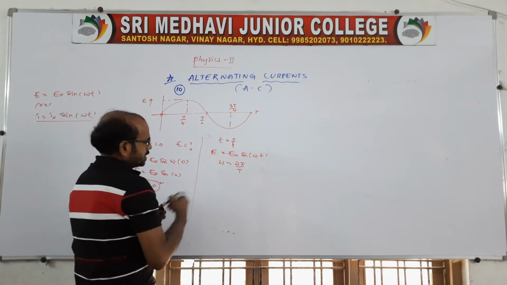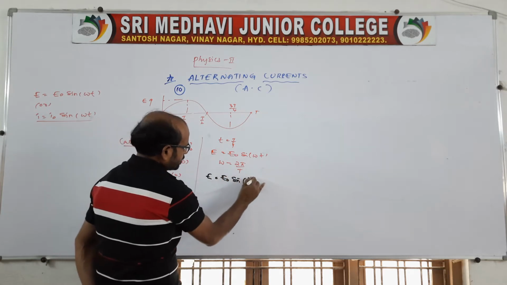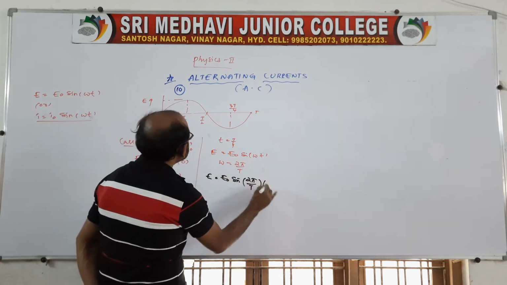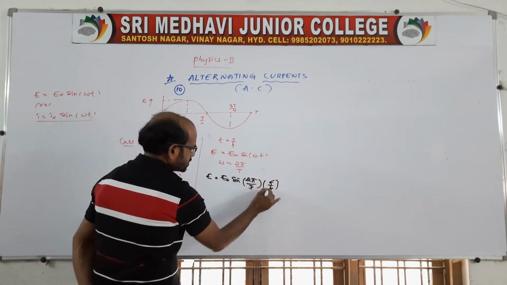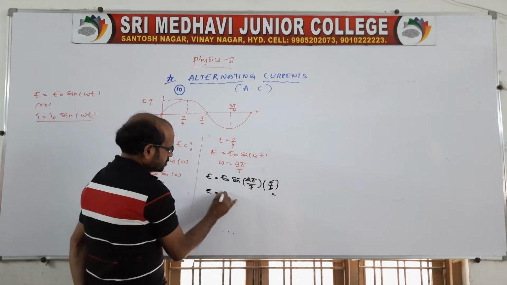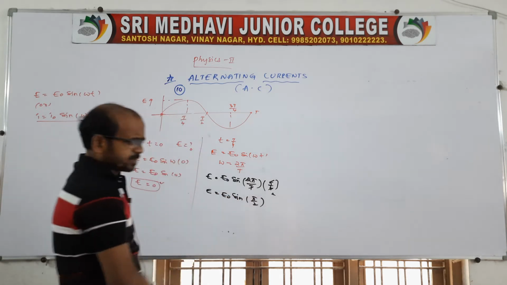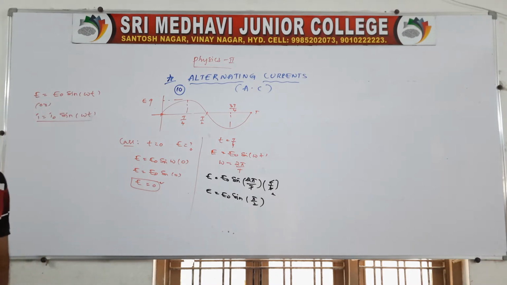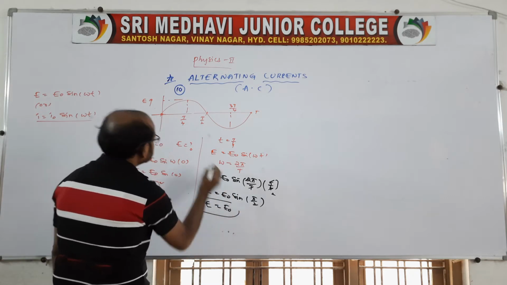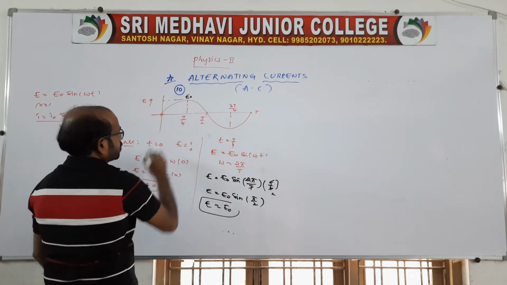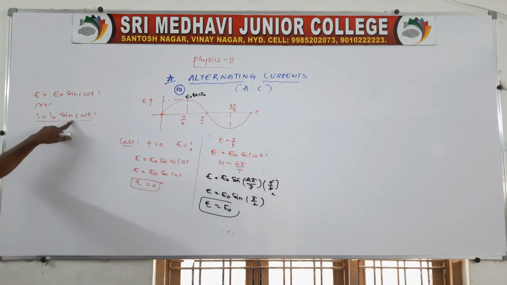Now you write here E is equal to E naught sin 2 pi by capital T into small t, where t is T by 4. So the T cancels, 2 ones, 2 twos. So E is equal to E naught sin pi by 2, right? Sin pi by 2 is nothing but sin 90. Of course, sin 90 will be maximum, that is 1. Yes, you look here, this value is represented as E naught, or we can also say I naught, no problem, because if I go with this expression we'll get the same.